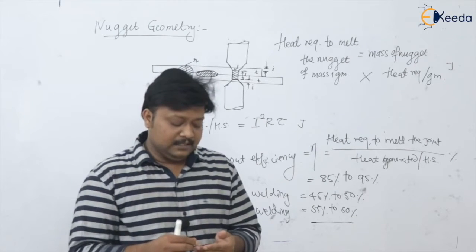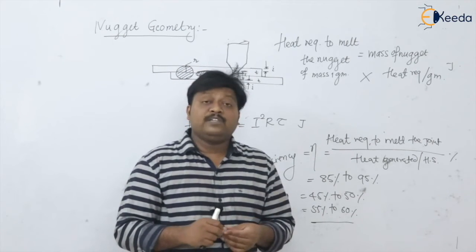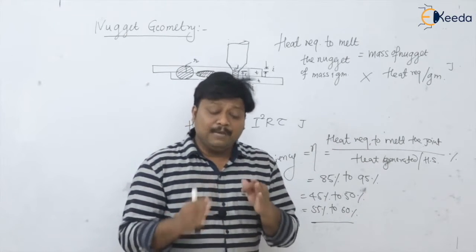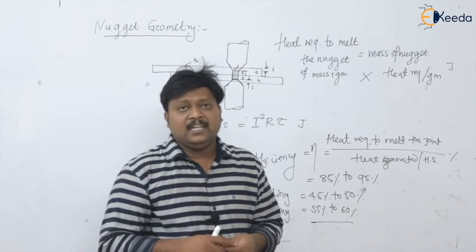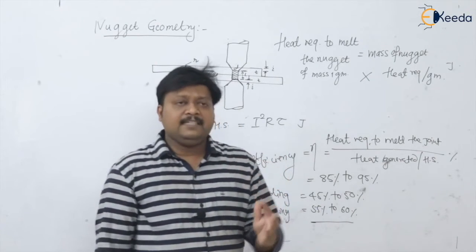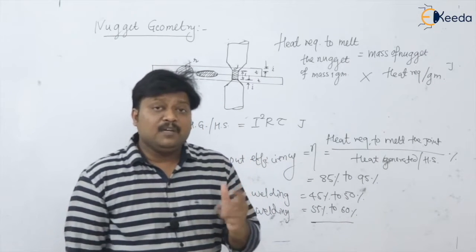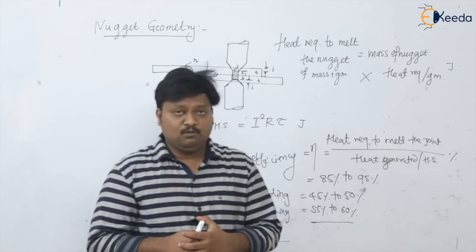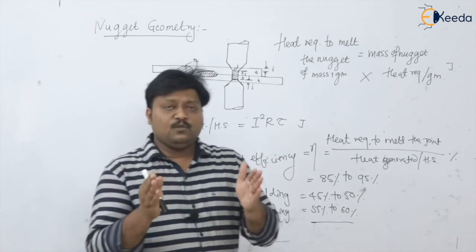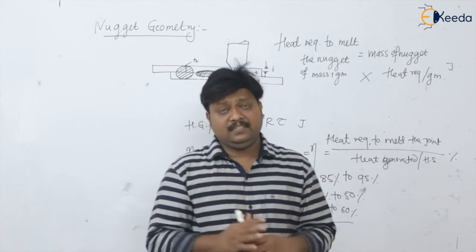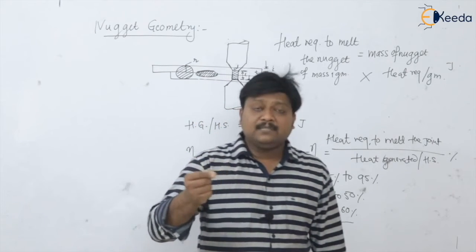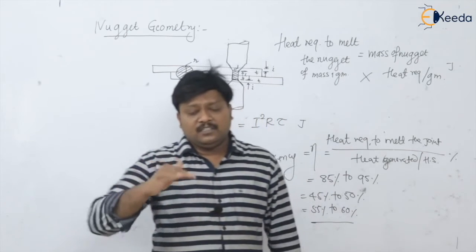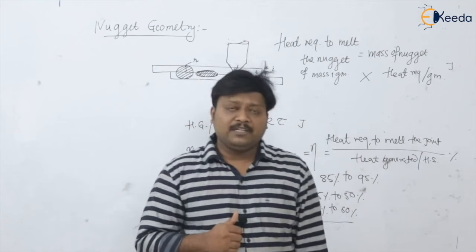Or in other words, to get good strength of the spot in this resistance welding, the heat balancing must be done. Say for example, we have sheets with the same composition but different thicknesses. In that case, how can we use the electrodes? Definitely, for the thin plate we can go for the maximum electrode contact area, whereas for the thick plate we can go for the minimum contact area.